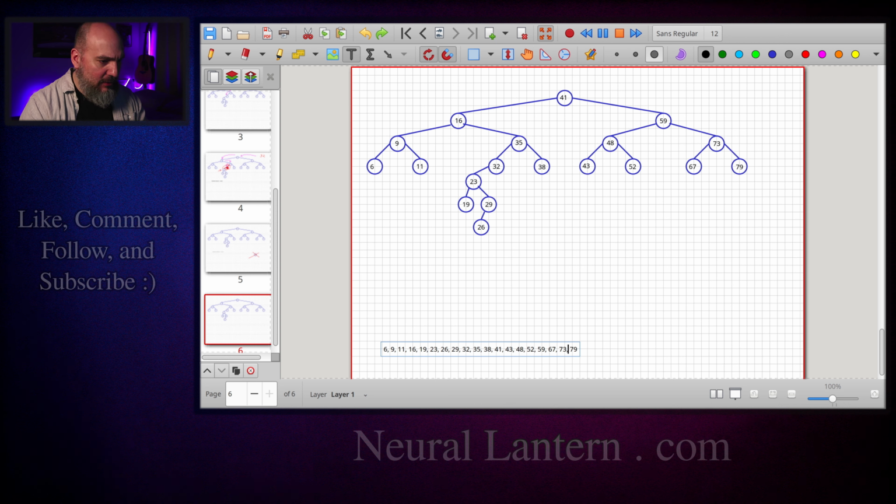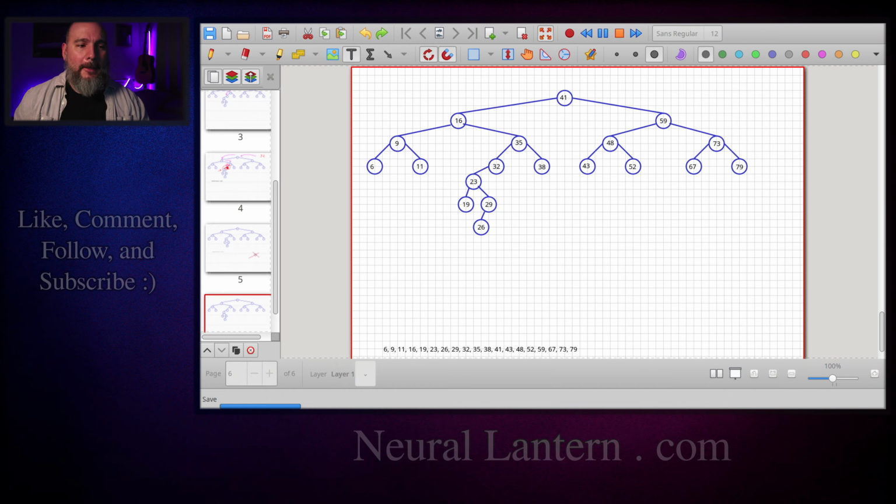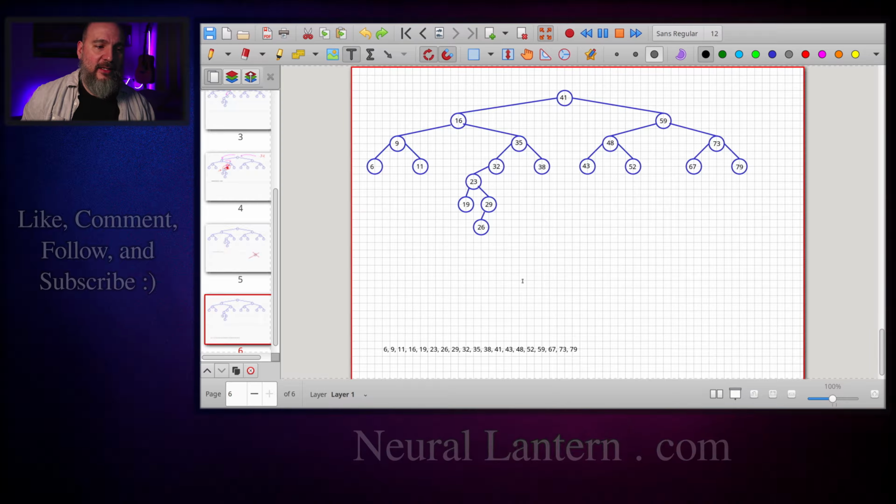Okay, how many do I have? 1, 2, 3, up to 19. I already got lost. I think it's 19. Okay, 1 through 19, did it right. So basically a sorted list, an ascending list of the original data that was inside of